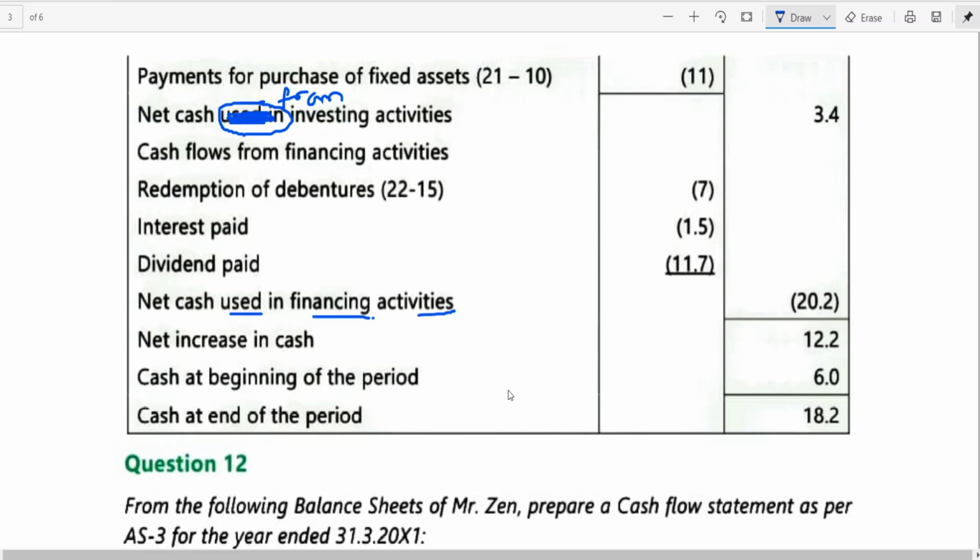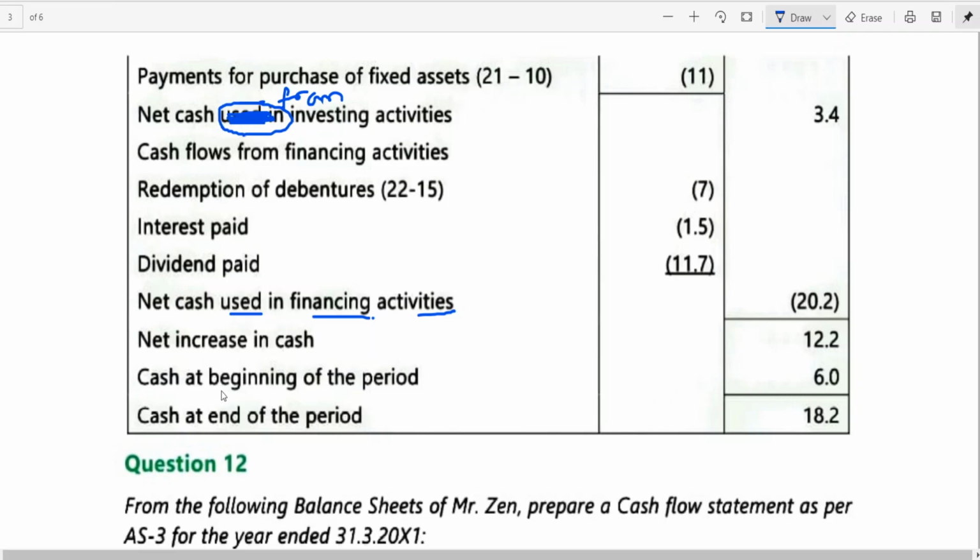I told you in the previous problem they are using cash and cash equivalents at the beginning of the period, even though you don't have any equivalent. That means, different models are worked out in the illustrations to tell you that if you are having equivalents, it is compulsory to use cash and equivalents at the beginning of the period. If you don't have equivalents, then we can directly write cash at the beginning of the period. Is this clear? Whether equivalent is there or not, we will be using cash and cash equivalent at the beginning of the period. But in the problem they have worked out, you go by that.